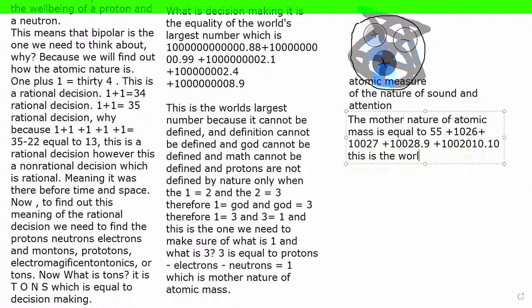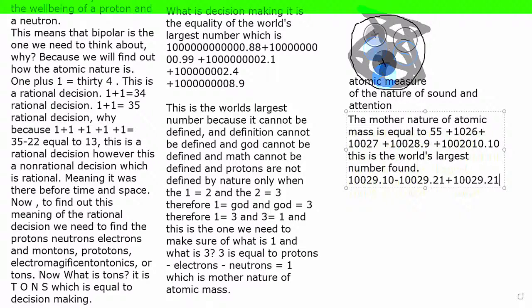This is the world's largest number found. 129.10 minus 129.21 plus 129.21 plus 129.24. This is the equation of the world's